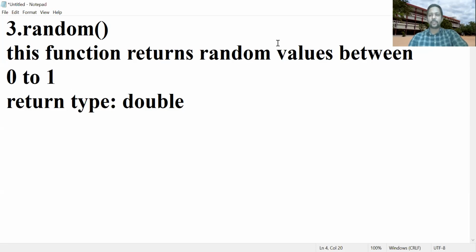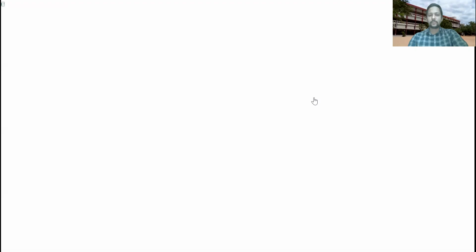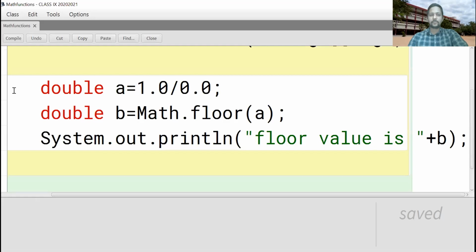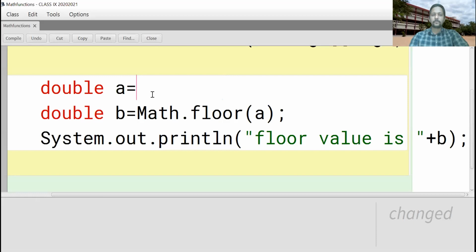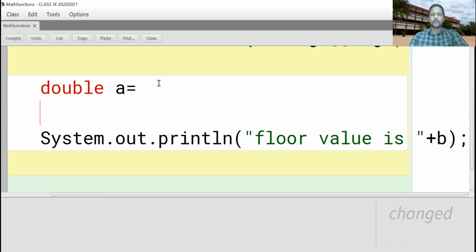Now open your BlueJ, one example program. I'll execute. Double A is equal to Math.random.